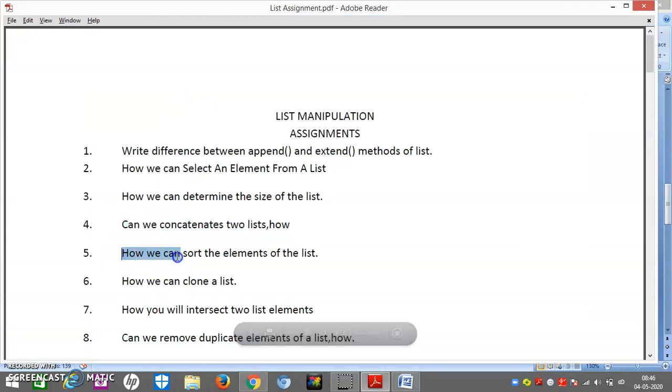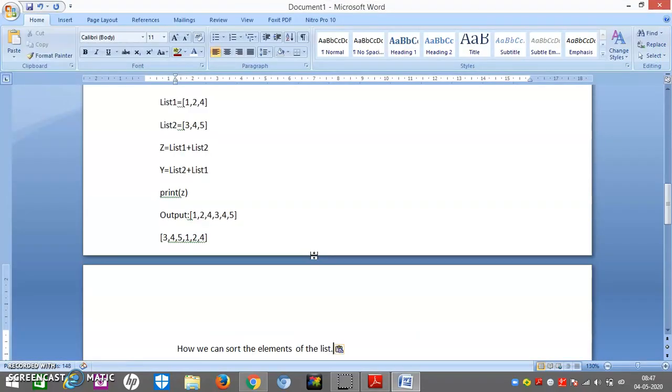Now how can we sort the elements of a list? This is again a very simple question. This is my question number 5. Now friends, I have told you about sorting the elements that you can apply.